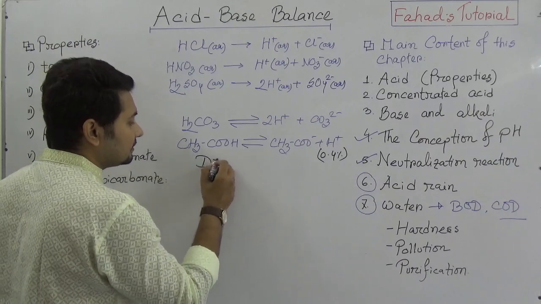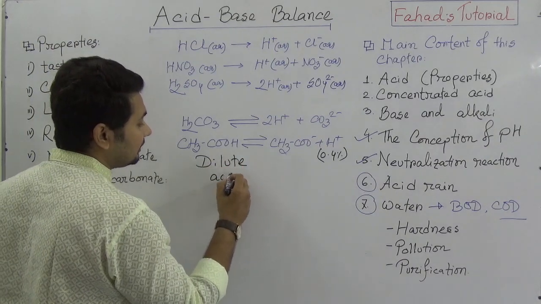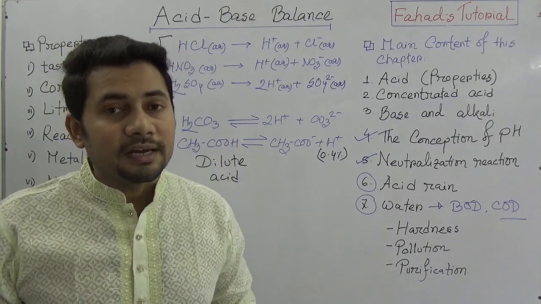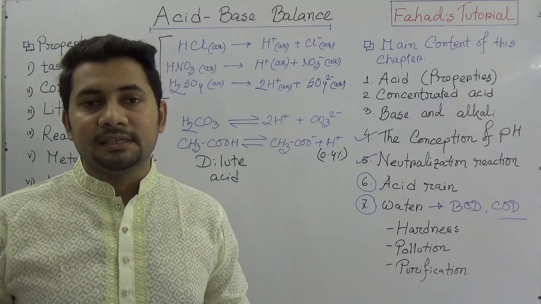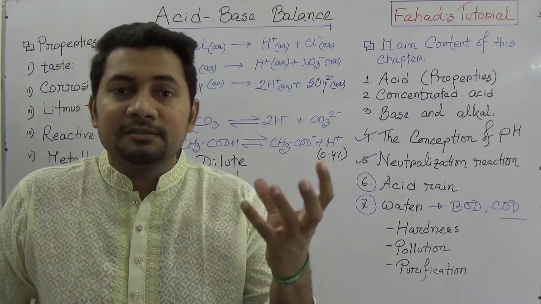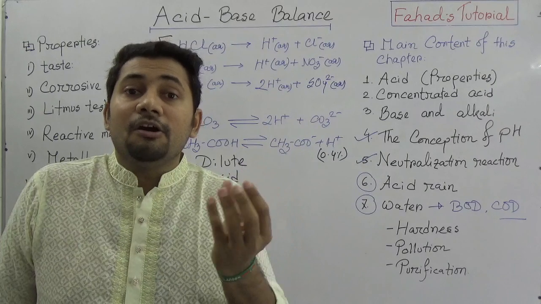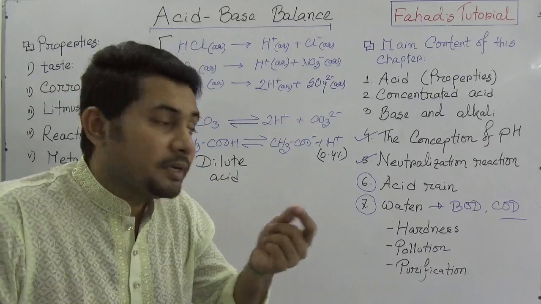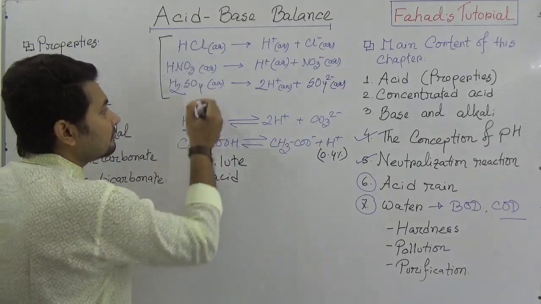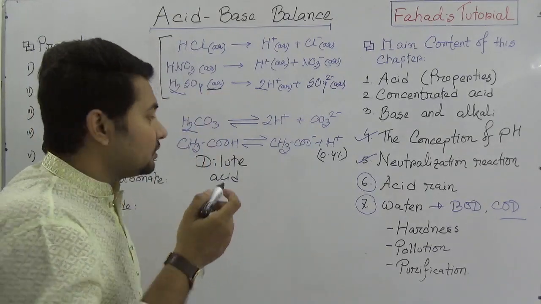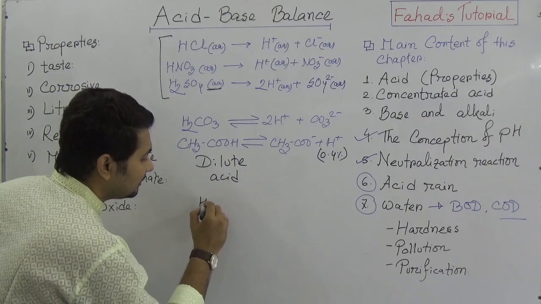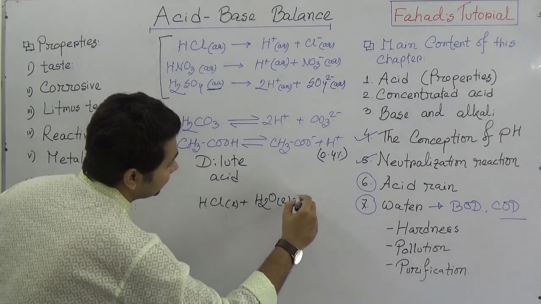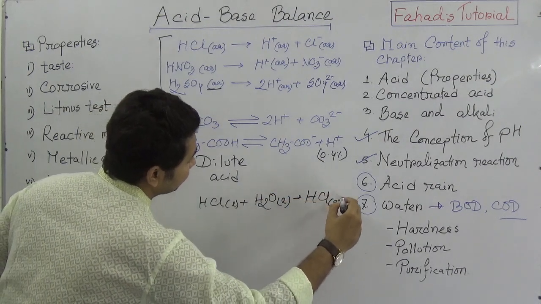So we can say this is actually dilute acid, and these are strong acid or concentrated acid. Concentrated means the concentration of the acid is much higher than water. What is the meaning of aqueous? Aqueous solution is when liquid HCl is mixed with water, then it will produce hydrochloric acid's